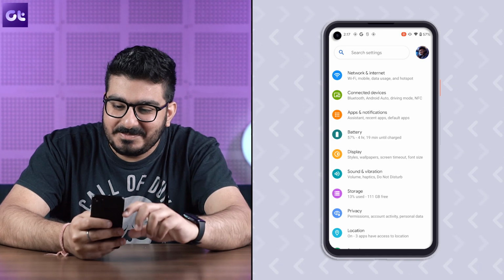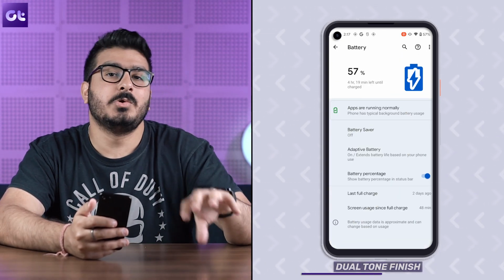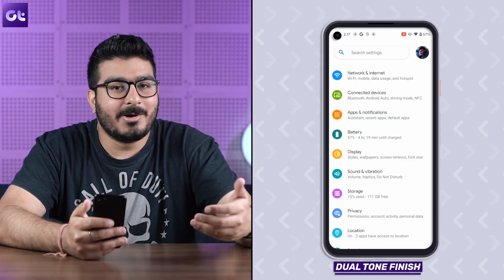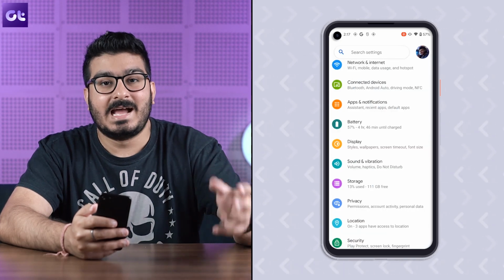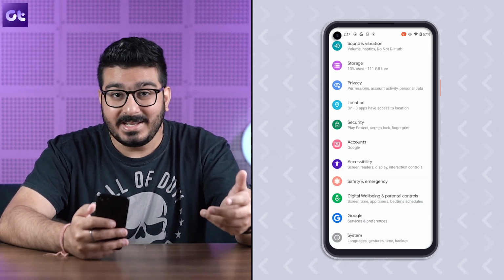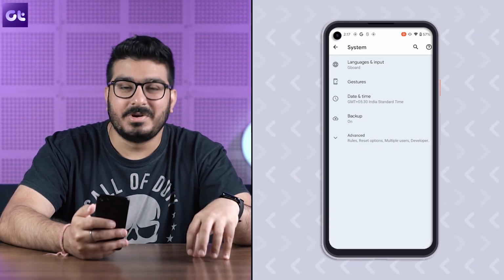Now digging inside the pages, you'll find this bluish tint which adds a dual tone finish. I'm not sure how I feel about that. It's basically there to, well, add a subtle flair and increase the overall readability, though if it's not customizable, then you won't really enjoy it. Speaking about customizability, we will be talking about some more features, so stay tuned and watch this video till the very end. That's it.